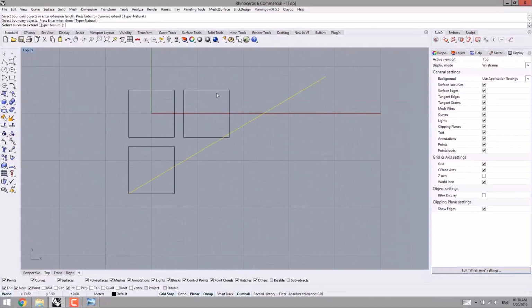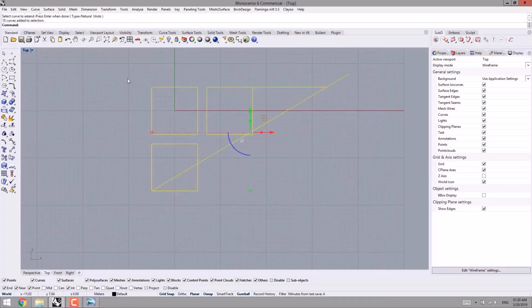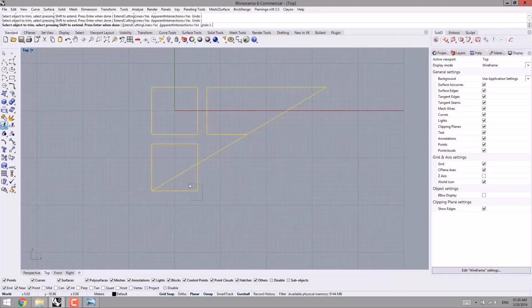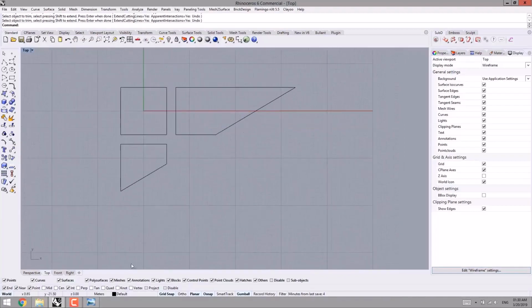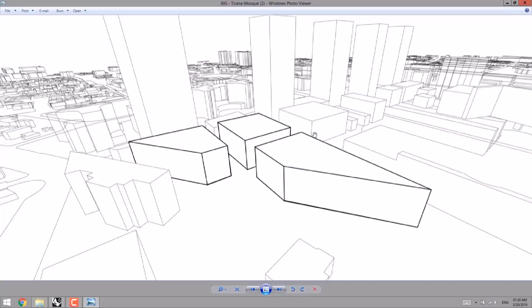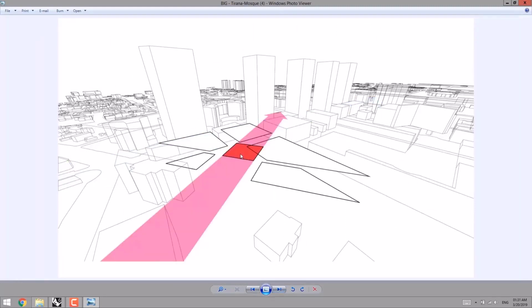I start the command of extend, then I select these lines, I specify the boundary, then I extend the lines by this way. Then I select all of the lines, I start the command of trim, then I trim the extra parts like this. This is the result. After the first stage was completed, that the main lines were sketched or created,